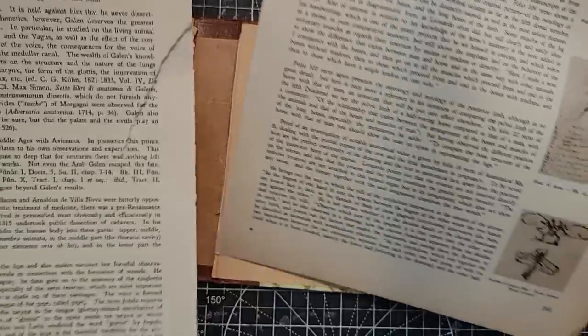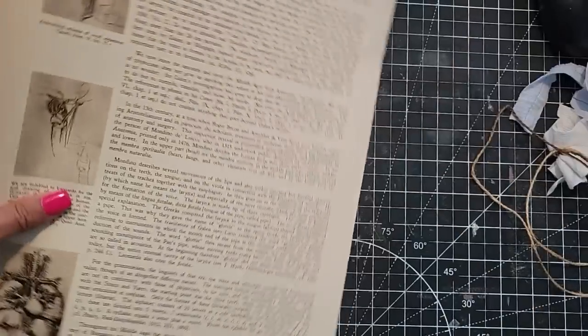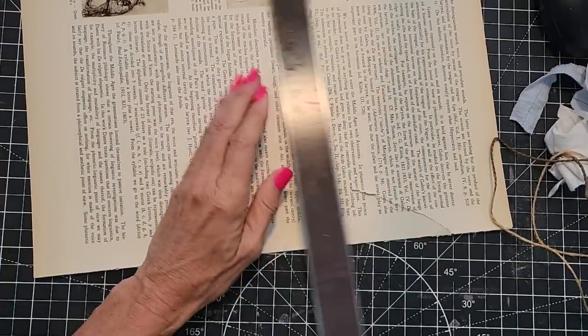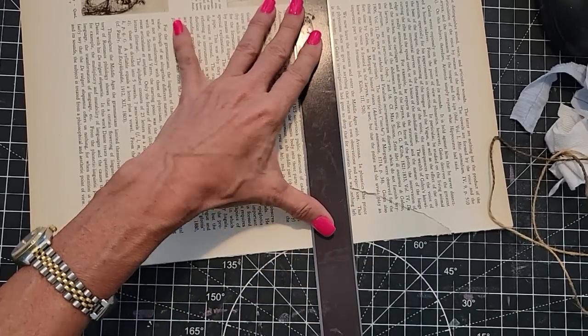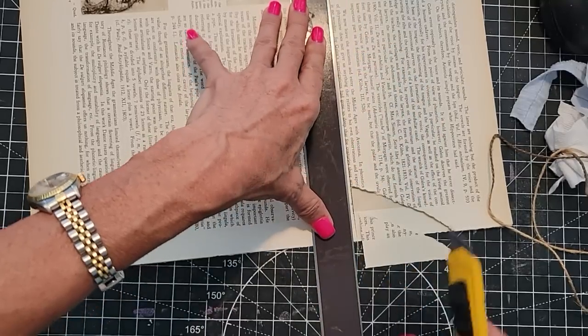So what I'm going to do, I'm going to take these two pages, see where the tears are. They should be in the same place. So I'm going to just cut out the biggest text block that I can, not including the tear. And then we're going to have some papers to work with. You could also work with scrapbook paper or any paper that you have, actually. If you want to cover it, you could even cover it with fabric, of course,